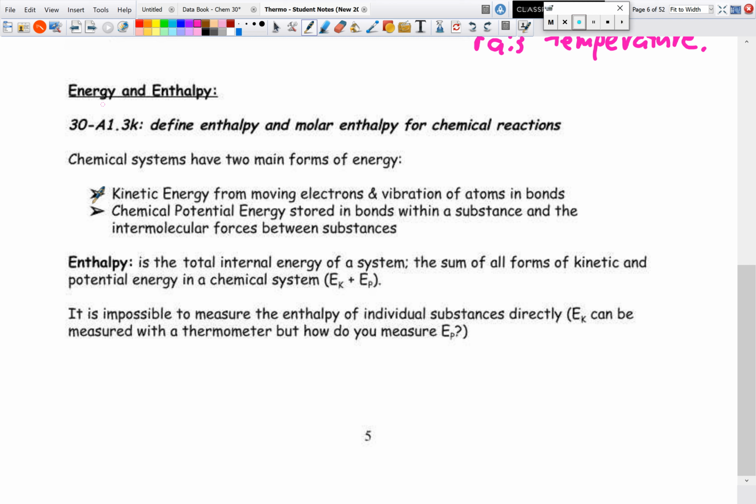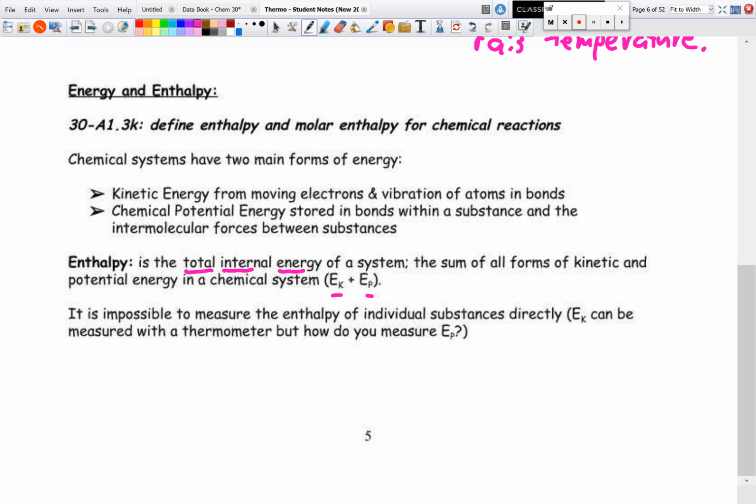Now just remember that the kinetic energy from molecules comes from the moving of the electrons, the vibrations of atoms within the bond, and generally how they're moving. Whereas the chemical potential energy is the energy stored within the bonds within a substance, and even the intermolecular forces between substances, because that is still a chemical bond. Now, enthalpy is the total internal energy of a system. So if we're able to calculate the sum of all the kinetic and the potential, we would then classify that